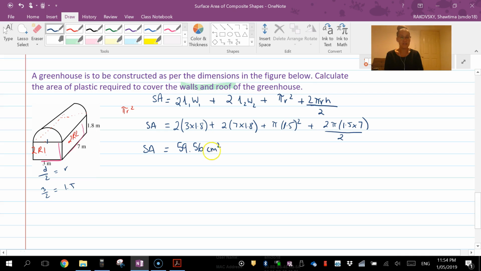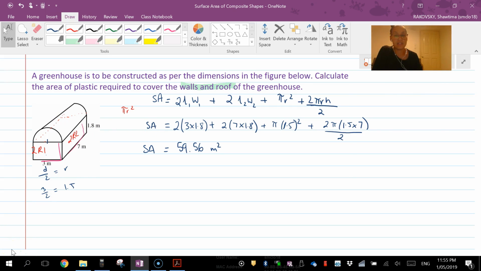Oh, whoops. Sorry, meters squared. Checking my units. See, that's what we need to do in order to be successful. Select the appropriate units for your question. So then I would state my answer back in a